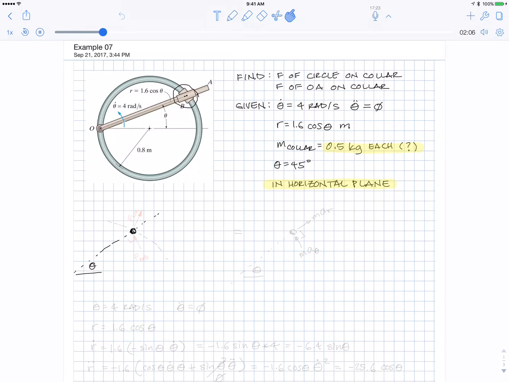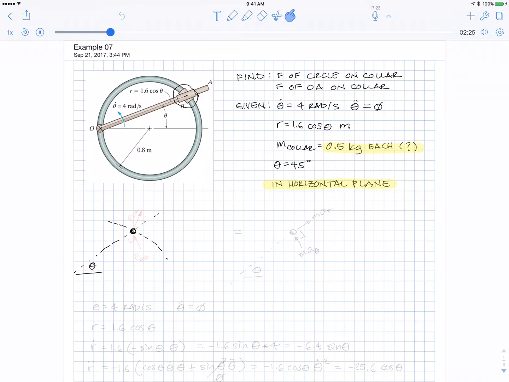I've accidentally drawn my circle perpendicular to the rod, which is not necessarily the case. I'm going to redraw that. I'm going to exaggerate it so it's less confusing. So I'm going to say, here's the part of the circle we're looking at, something like that. Okay,